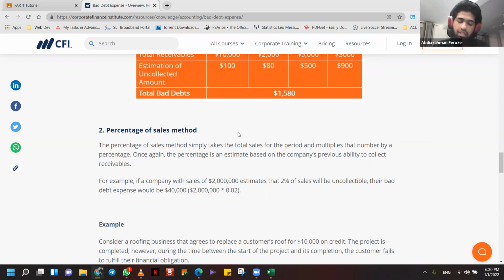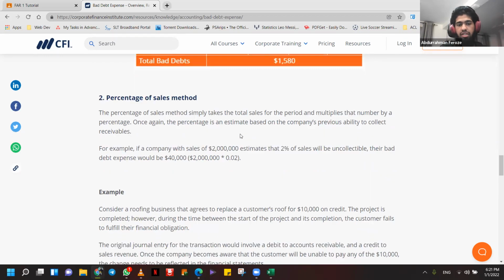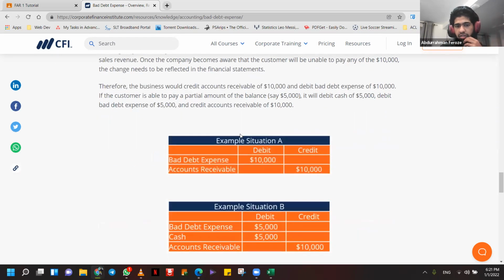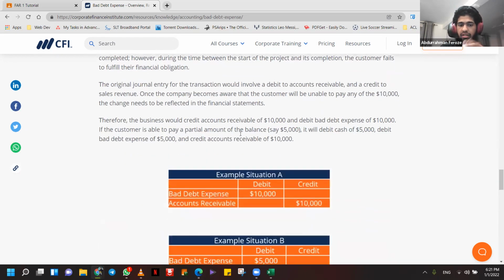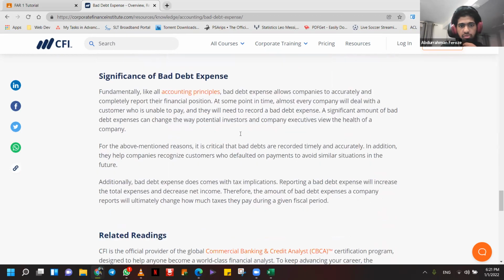So let's say the company, they will tell you the company has made sales of 2 million in the year, and the company estimates that 2% of this sale will be uncollectible. That this will be their bad debt expense. So then it's a matter of simply putting 2% multiplied by 2 million, and then you get your bad debt expense, and then you have to deal with it in the methods that I explained above, right? So this is all very theoretical, and now we can move on to